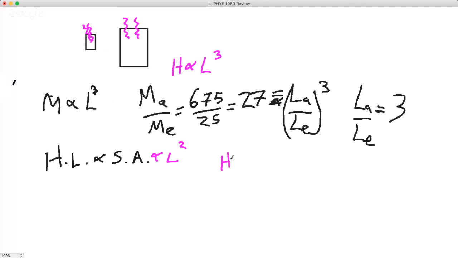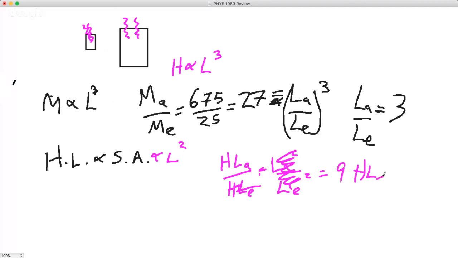So if we want to look at the heat loss of the Americano relative to the heat loss of the espresso, that's equal to L squared over L squared. L_A over L_E is 3, so you have 3 squared, and that means you've got 9. If you simplify that, we can say the heat loss by the Americano is 9 times the heat loss by the espresso. So the Americano loses 9 times the amount of heat,